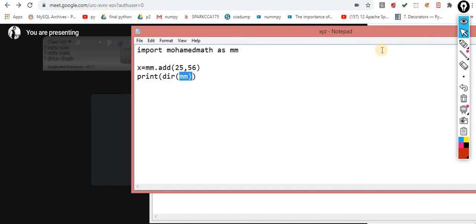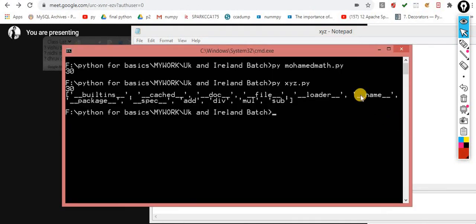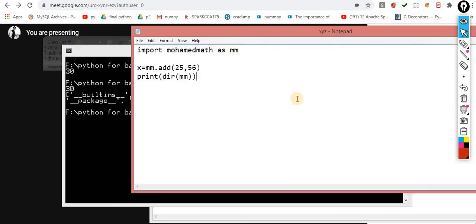So how can I restrict it? For that you have to take the help of this variable, which is automatically created by Python. You don't do anything to create it. How can I check that Python created it? With the help of the dir function. Whenever I pass dir and the module name, you automatically get this kind of thing.